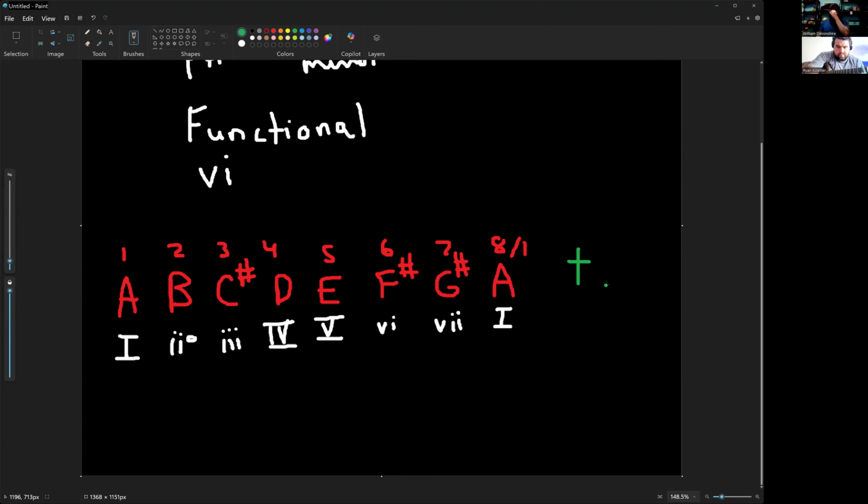And you know about the relative minors? Do you know much about those? Nope. Okay, so the relative minor is the minor key that has the same key signature. So I'm going to show you what I mean. So we'll do that as actually, you know what? I kind of want to do this whole thing as